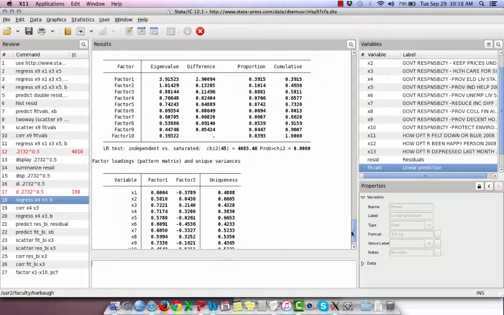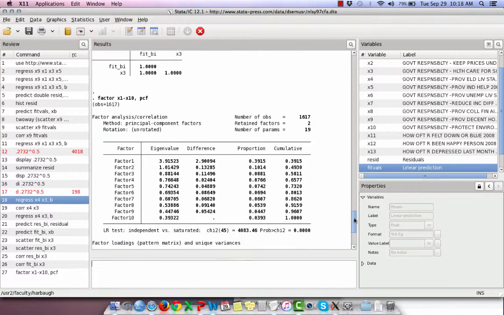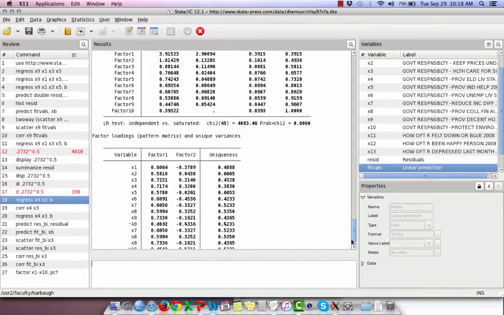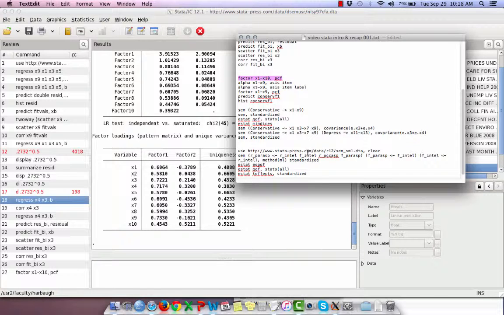and this gives me the principal component factor analysis for the first 10 items. Now, at this stage, I just want to show how to get the information in. I'm actually not going to spend too much time talking about this, but one of the options that we can do is look at the